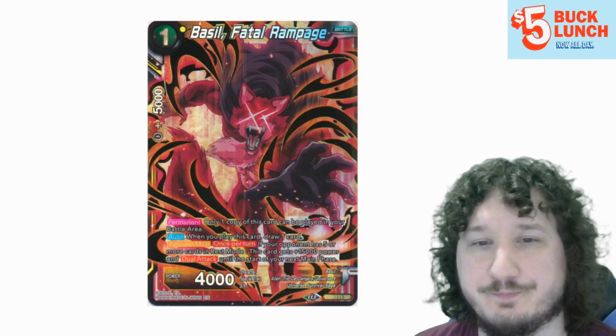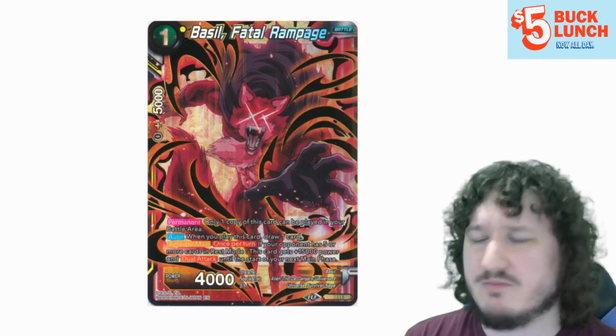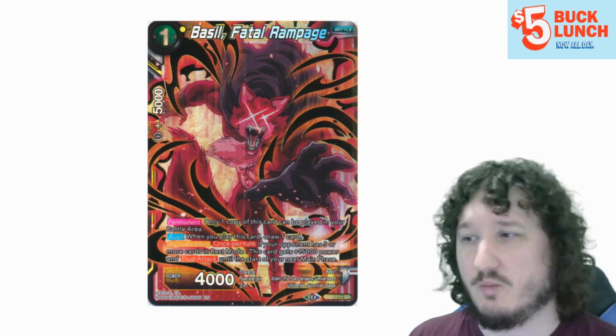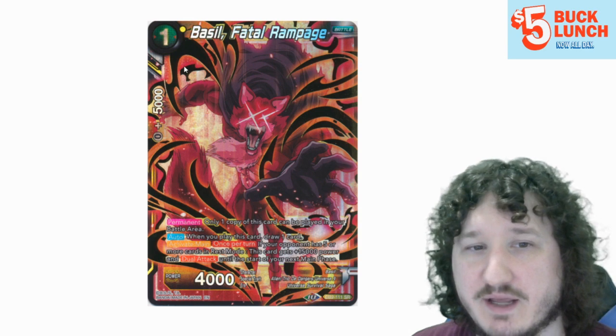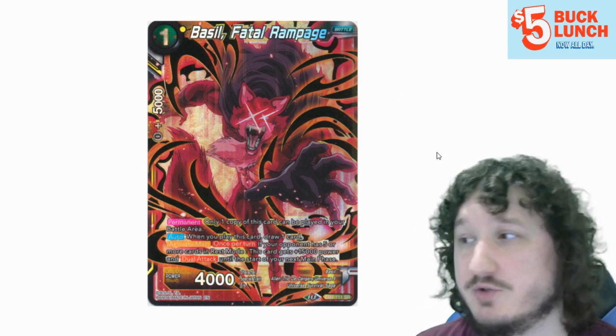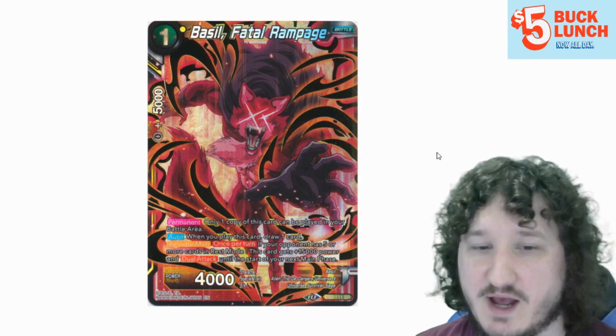Pretty simple. Basil Fatal Rampage. I think this card is a little more right now. It keeps going up and down. It was about $10 at one point. I'm not sure if it still is. But it is very useful in general against Unisons, and in particular against Vegeks, because of the fact that when